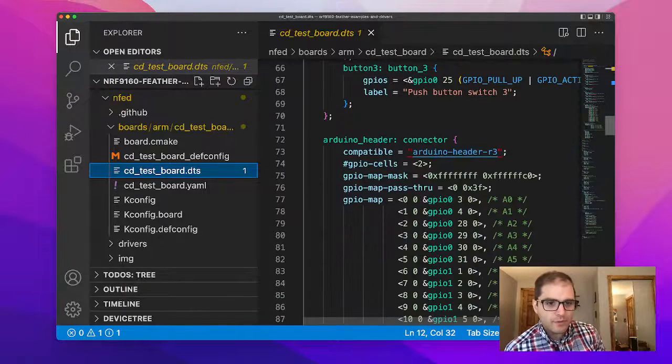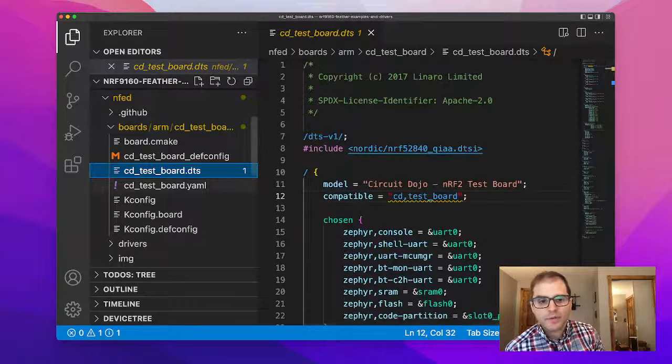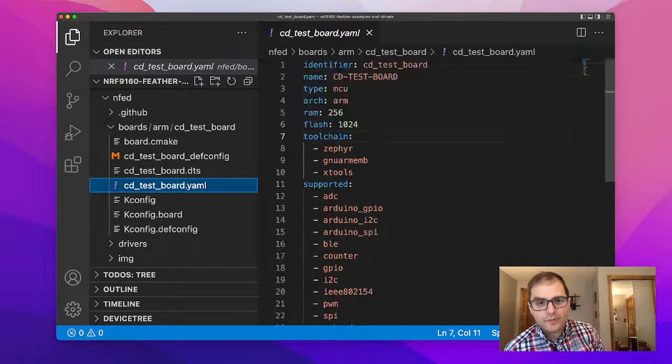PWM, buttons, and so on. I didn't change anything in here compared to the nRF52 DK. Oh, and this one is for the other board. So there is some type of